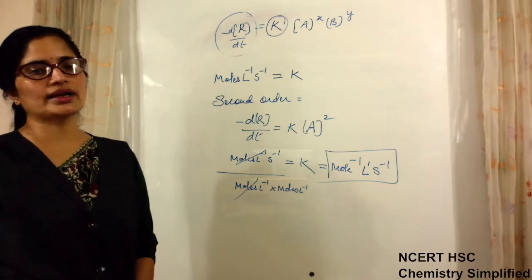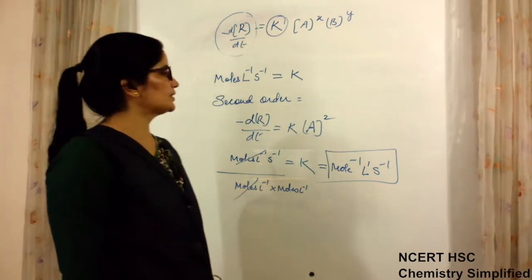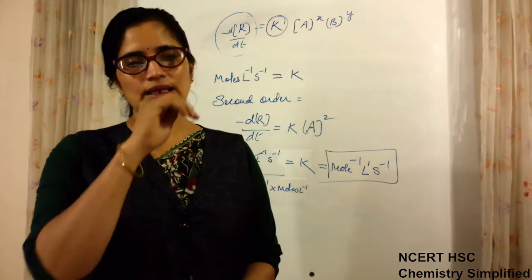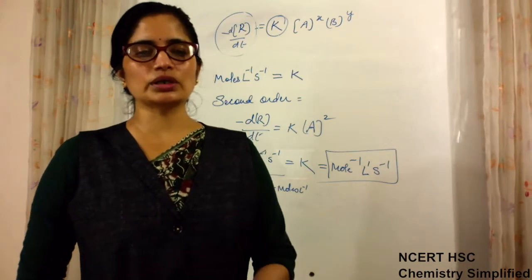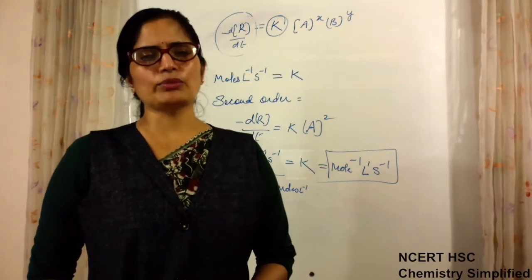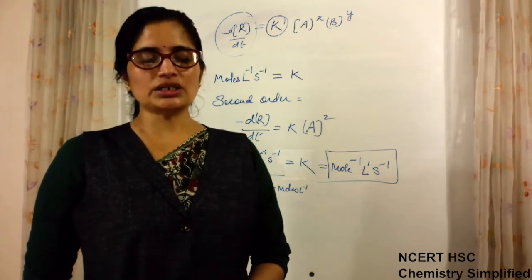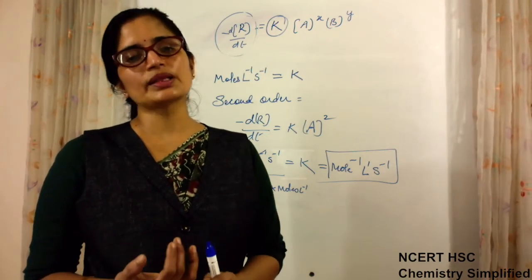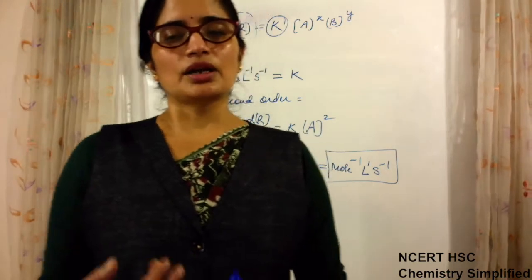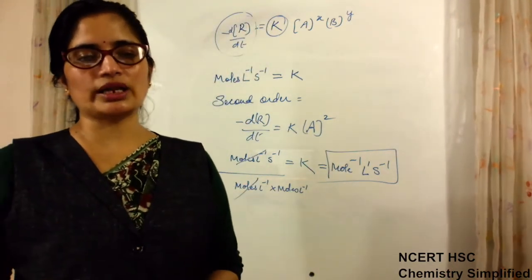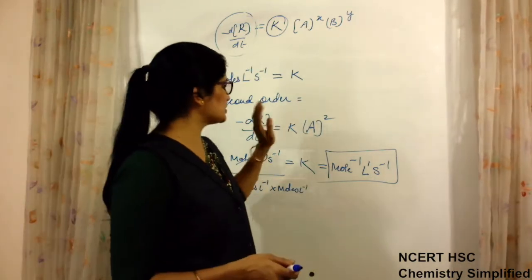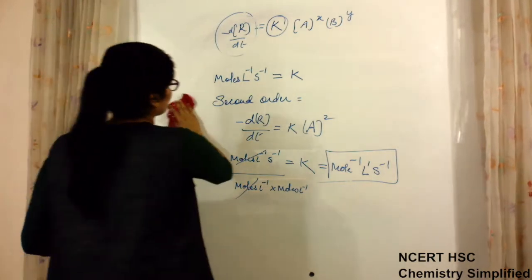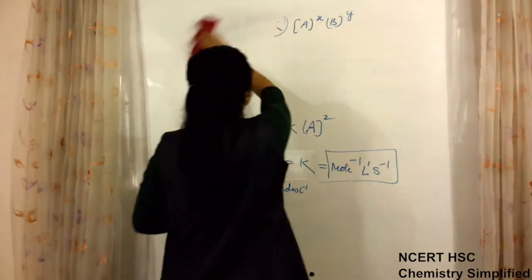So just by looking at the unit, you can easily know the order of a given particular reaction, because sometimes numerical values will be given and you have to do the calculation of time or whatever in the formula. For that you need to know which formula you have to use, zero order, first order, or second order. Second order calculations are not there. So zero and first order, which one you have to take for numerical calculation, can be judged only with the help of the units of the rate constant. Clear? So this is about the order of reaction.